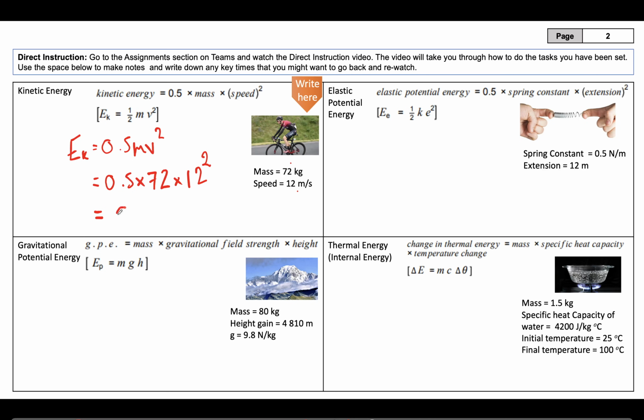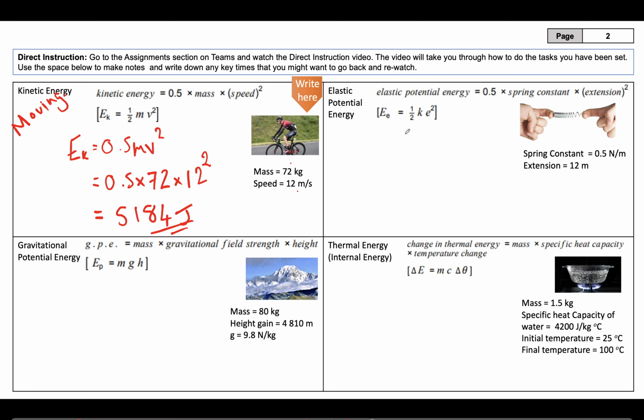5,184 joules. So 5184 and a capital J for joules. That's my answer there. So again, very, very straightforward. You record the equation, write it down, substitute in the values, there's your answer. So kinetic energy, this is something that is